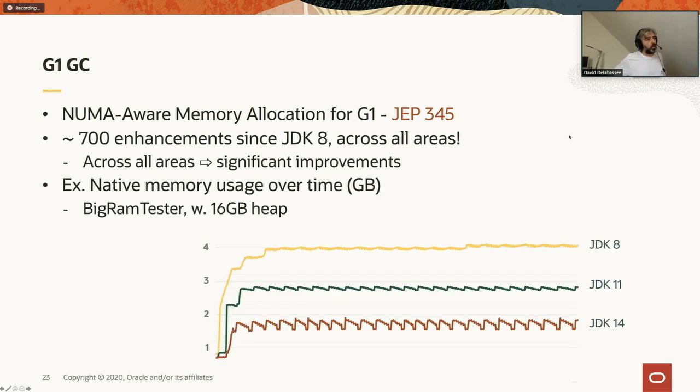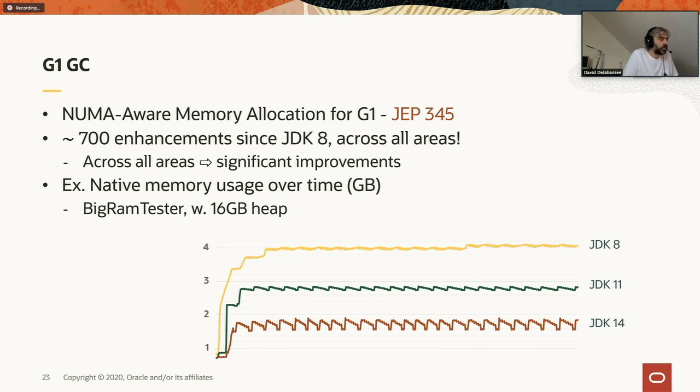And that's not all. If we look at the number of enhancements that we have made around G1 since JDK 8, it's over 700 enhancements that together greatly improve G1. The chart below shows, for example, the native memory overhead caused by G1 GC for a heap size of 16 gigabytes.